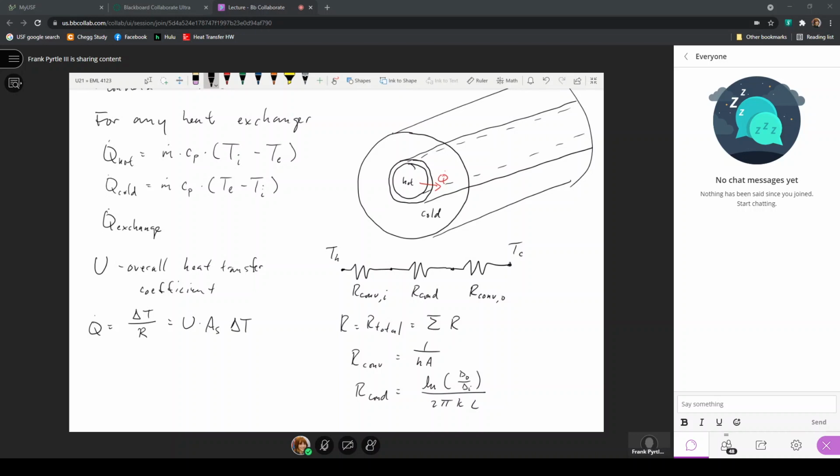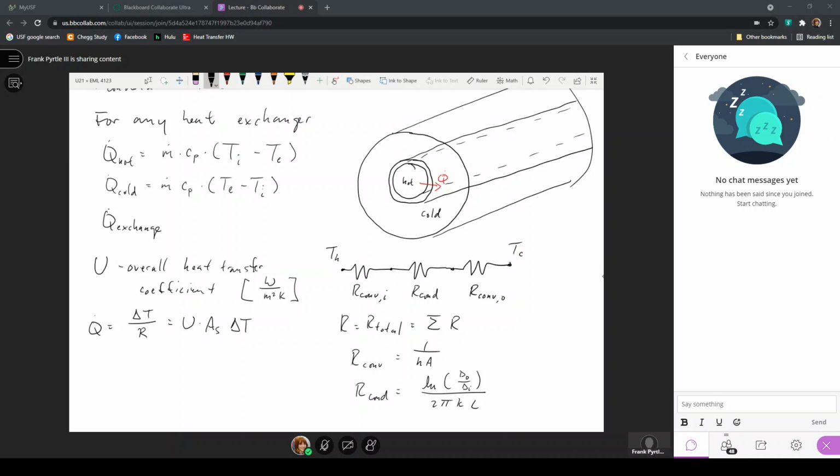This overall heat transfer coefficient has the same units as the convective heat transfer coefficient, which is watts per meter square Kelvin,